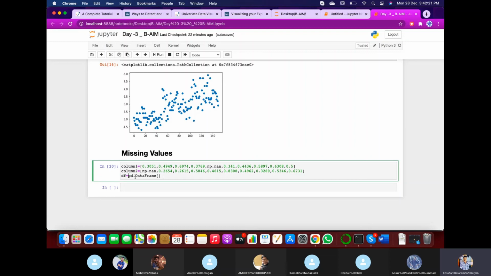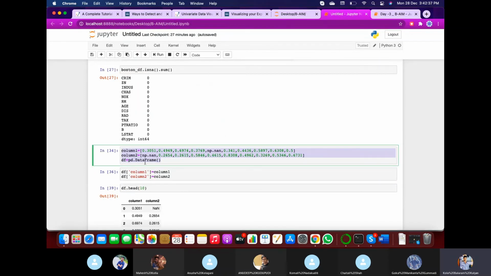So pd.DataFrame, where D capital and F capital need to be written for sure, creates an empty data frame where we can load the data.